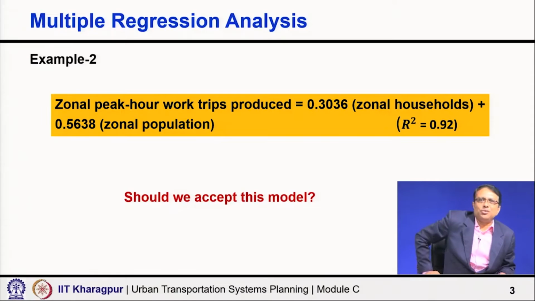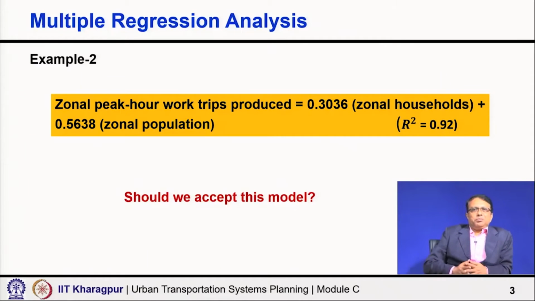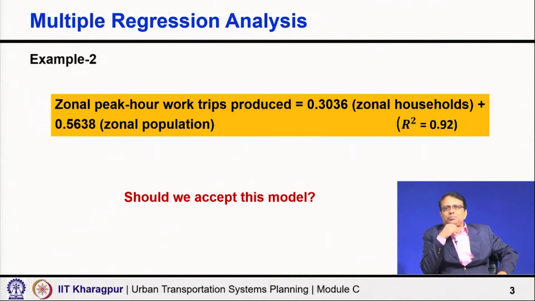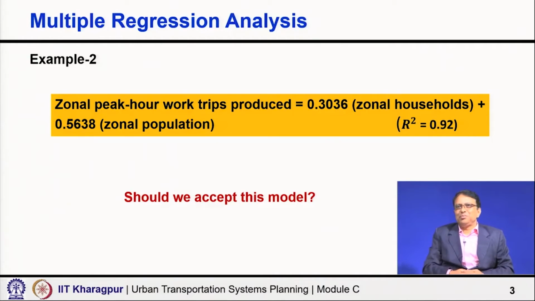So, which models should be taken up? Can you think what is the problem here? The problem is not with r square, the problem is not with sign,